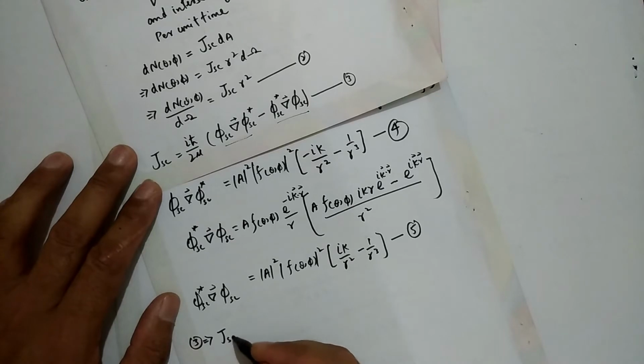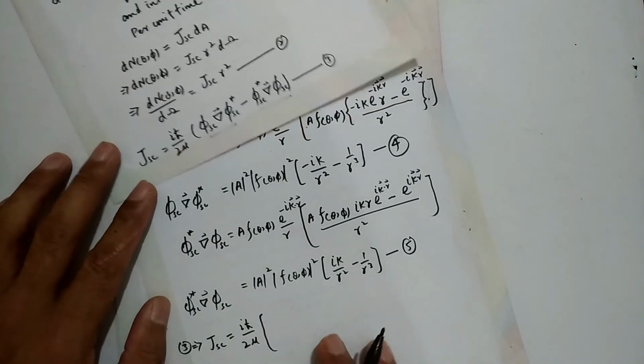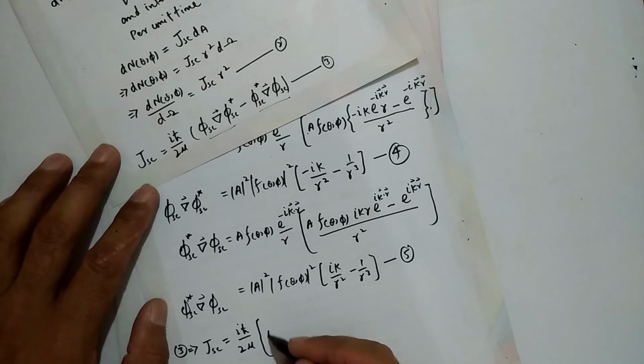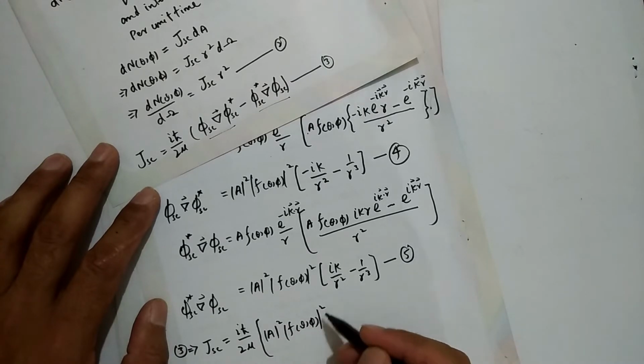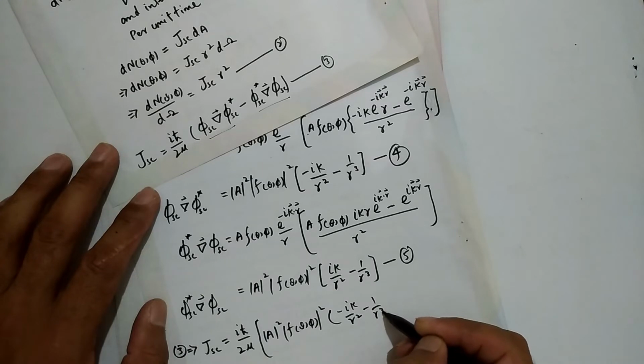J scattered will be equal to i times h cut divided by 2 mu into this term A square f of theta phi square into minus ik divided by r square minus 1 over r cube,